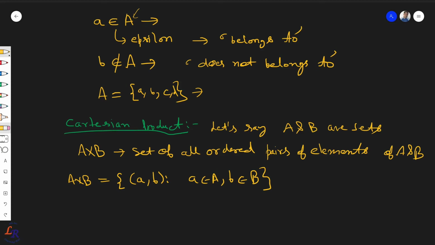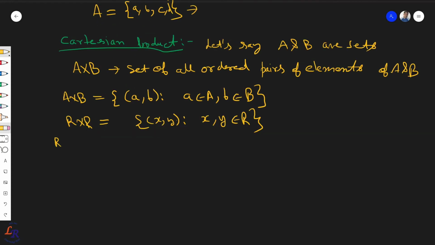Similarly, for real numbers, the Cartesian product R cross R can be written as the ordered pairs (x, y) such that x, y is an element of R. Similarly, you can take the Cartesian product of more sets, where you write the ordered triple (x, y, z) such that x, y, z is an element of R, the real numbers. So this is how you can define the Cartesian product, which is nothing but the ordered pairs of elements like this.